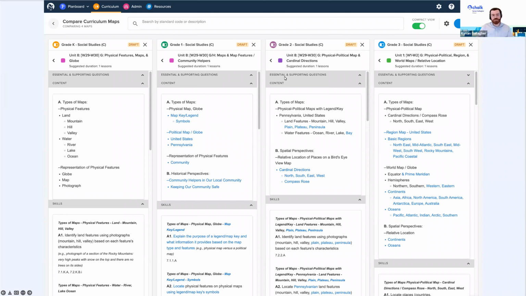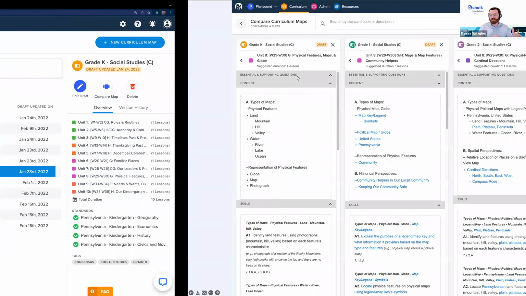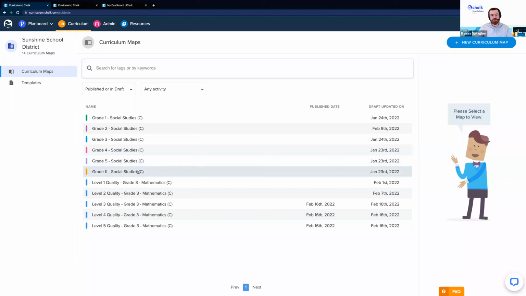Thanks. Yeah, sure. So we'll just toggle over here and we have our sample environment, and we'll be using that example of those social studies. So within Chalk, what it allows you to do is once you've created all your maps, at any point in time, if you want to pull them side by side, and in this example, we're going to keep building on what Janet was going through and looking at K through 3. But I do want to note it is possible to look at this from any angle. So once you've got more content established in there, it really opens up a lot of doors for you.